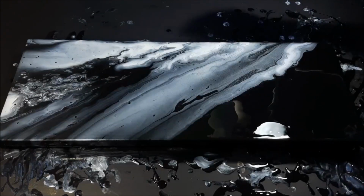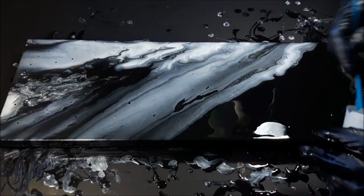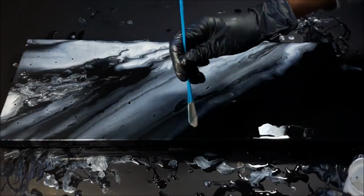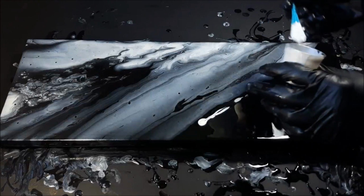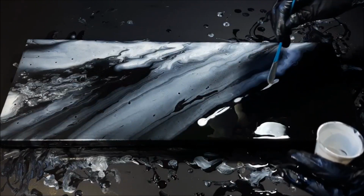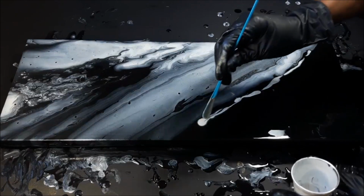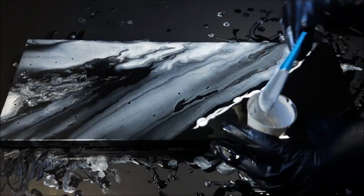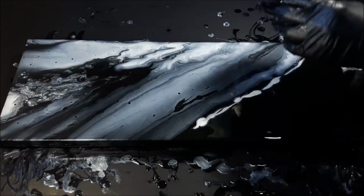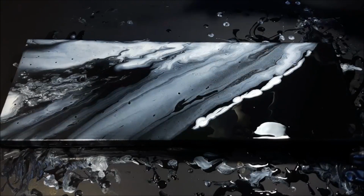I think I'm just gonna do a small one here. Okay. Just to outline the section. Use the rest of this up. And again, these are great for that. They have a little divot in the inside of it, just a slight one. So they kind of act as a spoon per se. Get my palette knife in and